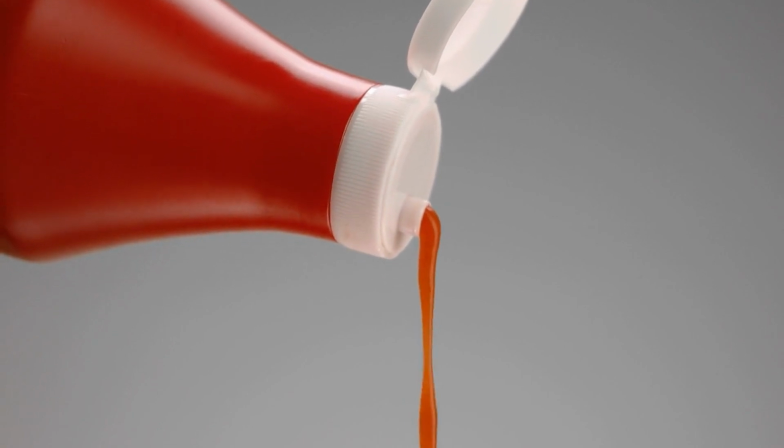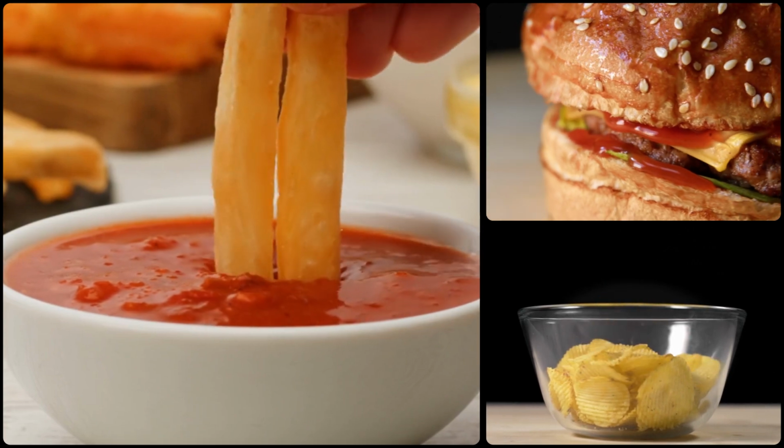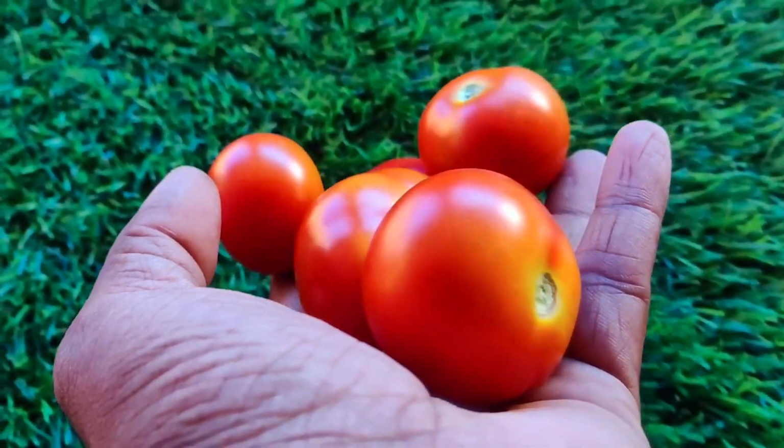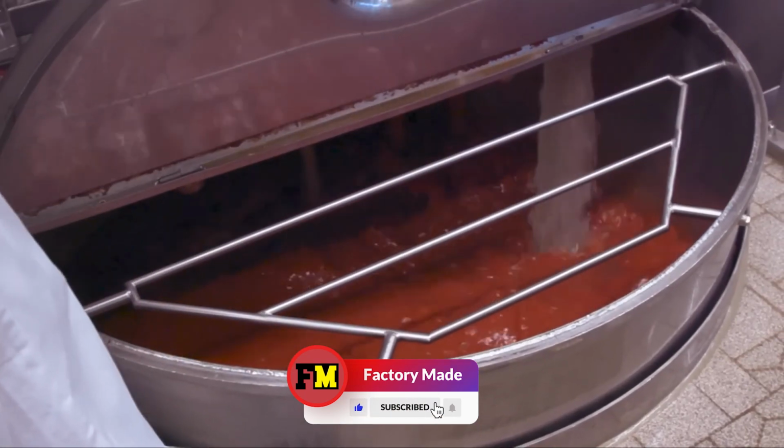Have you ever wondered how the rich, tangy, and perfectly smooth tomato ketchup that complements your fries, burgers, and snacks is made? The process is far more intricate and fascinating than you might think. From selecting the ripest tomatoes to bottling the final product, let's take a deep dive into the high-tech world of